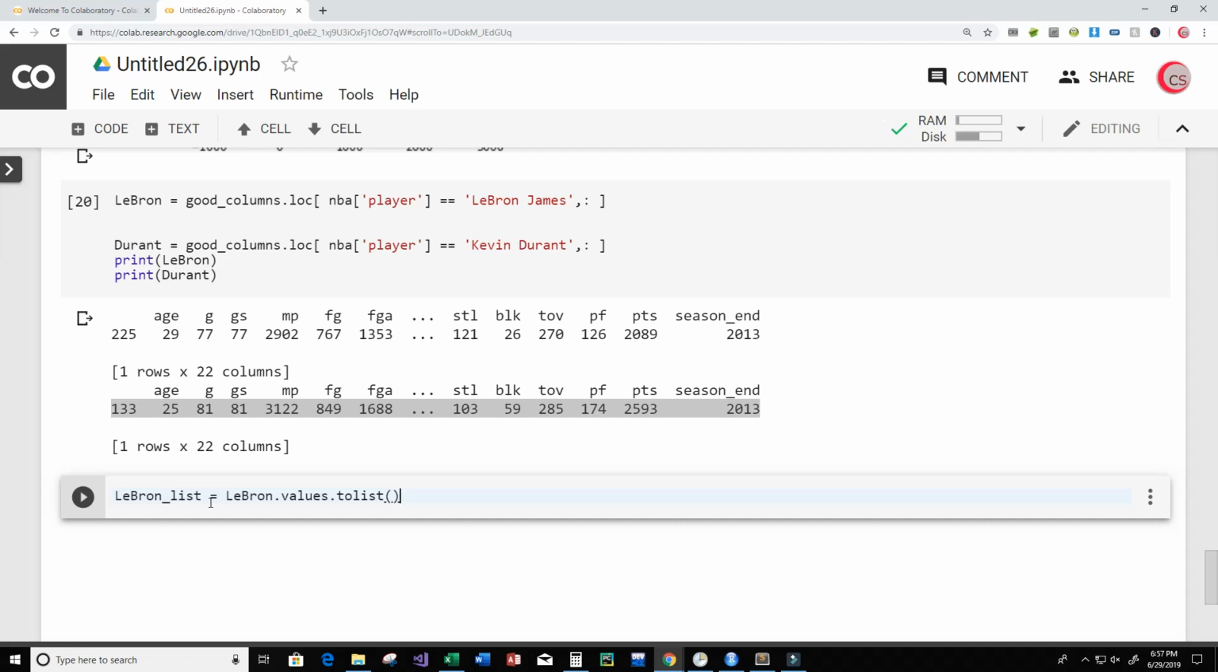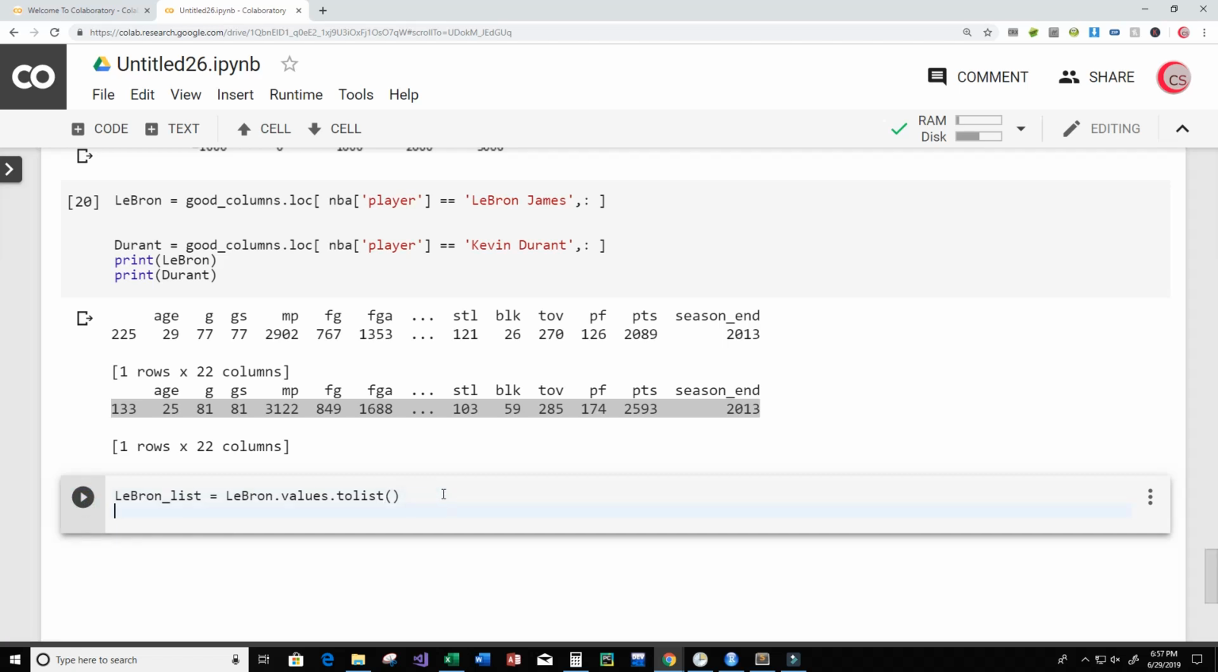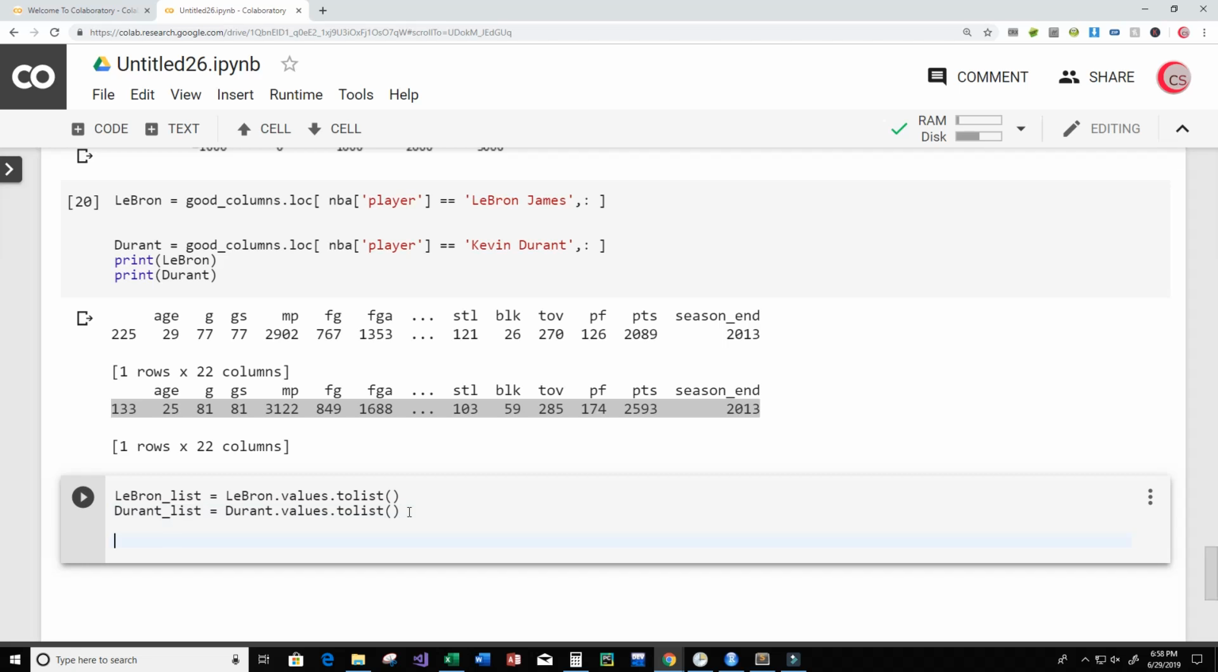All right, hopefully that does it. Let's run this. Okay, and I need to create a Durant list, so I could basically do the same thing. Durant.values.tolist(), and run that. Okay, so now I've converted our data into lists, and now we're going to use that K-means